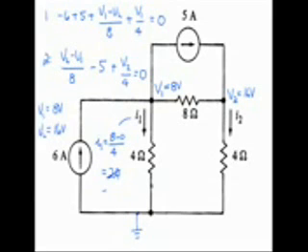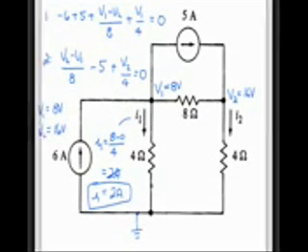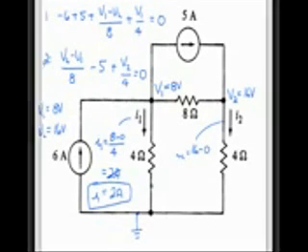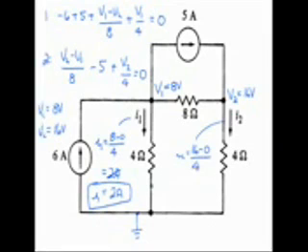Equals 2 amps. So that would be one answer. And on the other side we've got I2 is 16 volts on one side, 0 on the other, divided by the resistance, and that means I2 is